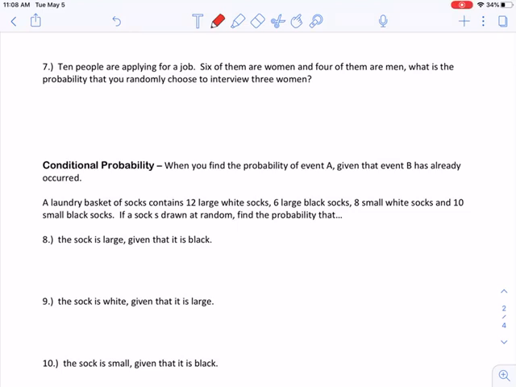Looking at page 2. For question number 7, again we want to use our combinations to help us figure out our groups. 10 people are applying for a job. 6 of them are women and 4 of them are men. What's the probability that you randomly choose to interview 3 women? So if I want to find the probability of choosing 3 women,